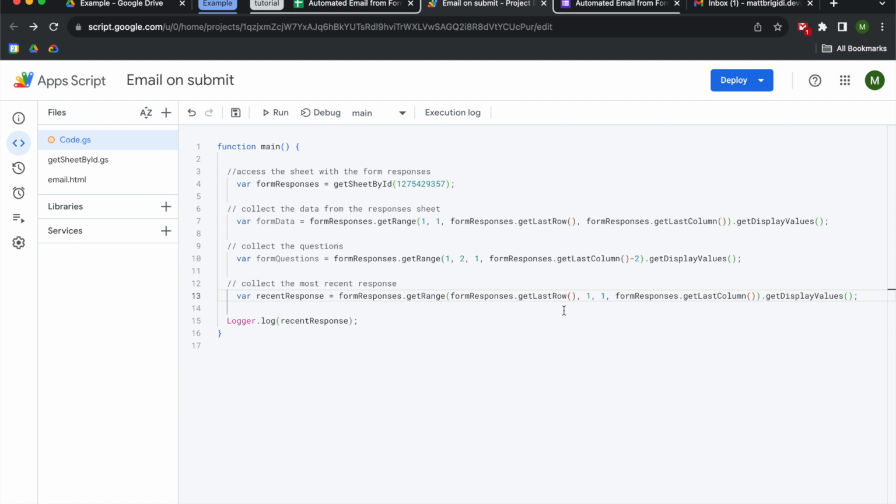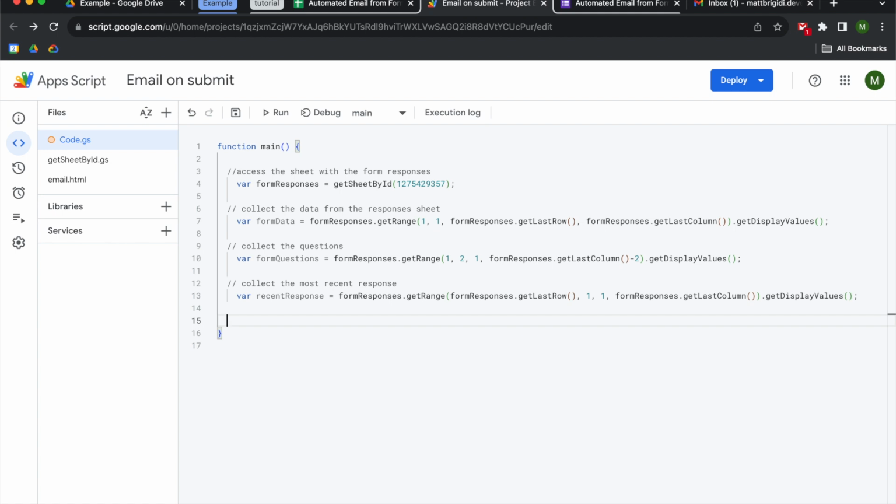That's the same way that we get a number value for get last column is the same way that we get it for get last row. So get last row will dynamically find the last row of data in your range. So we can use that dynamically in order to figure out what row we want to collect the data from. And then we're going to just pull in all the data. So we're not going to use all the data, right? Because we only have 3 form questions, but we need to access the user's email so that we know who to send the email